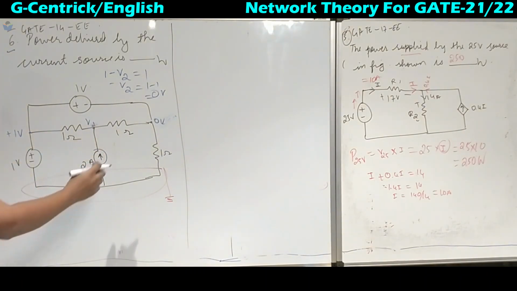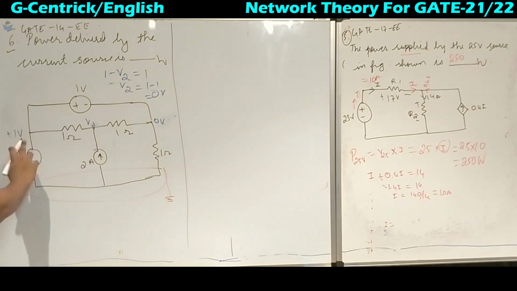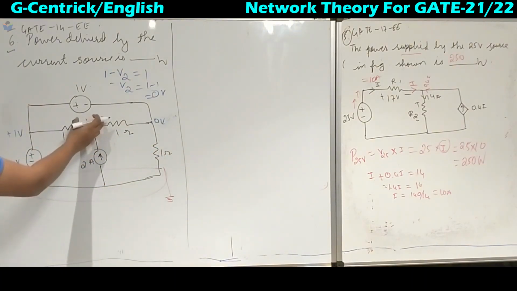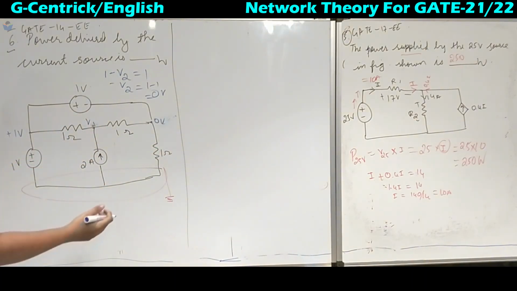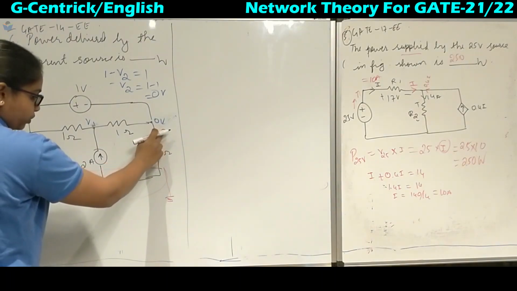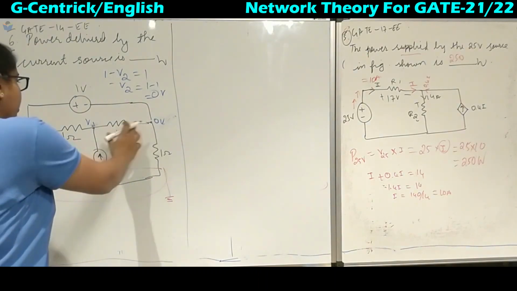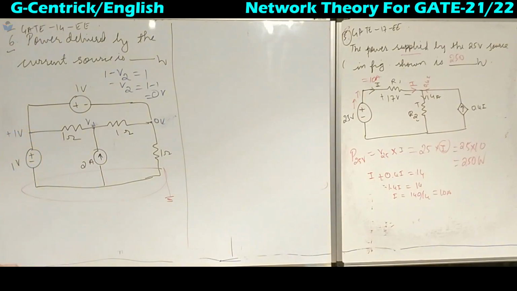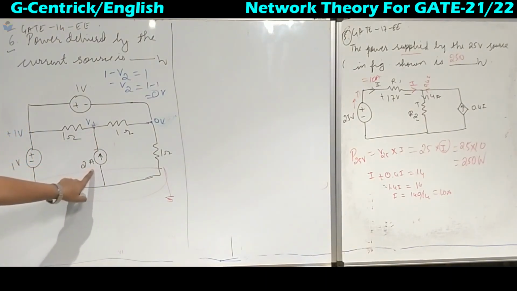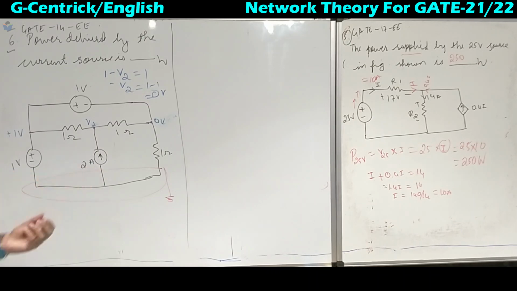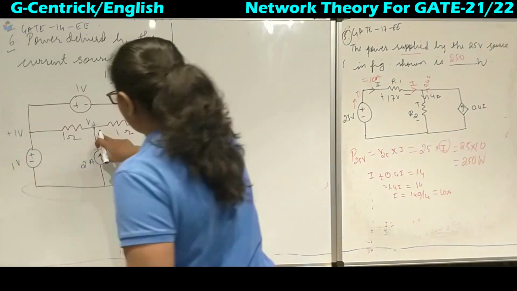See, in the GATE question they will already give the values for the 3 nodes. Okay, one node we have to find. They won't ask you to calculate all the 3 node voltages. The hint will be given in the circuit. Okay, they are going to test your knowledge, not your time. Now this is 0 volt, this is V1. So once we know this V1 voltage, then we can find the power delivered across this 2 ampere current source.